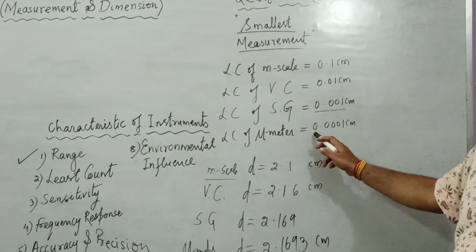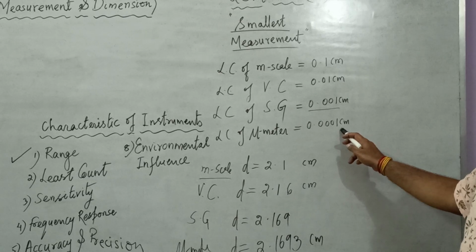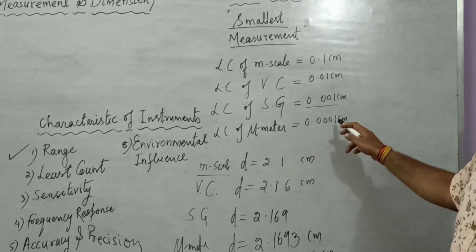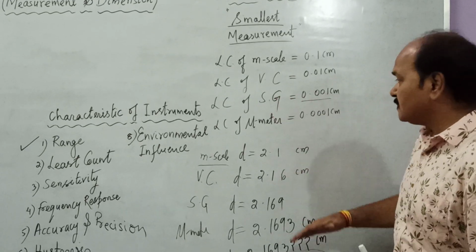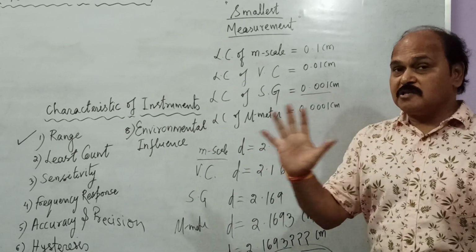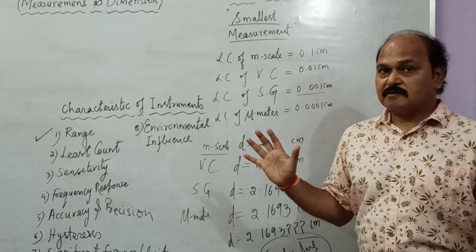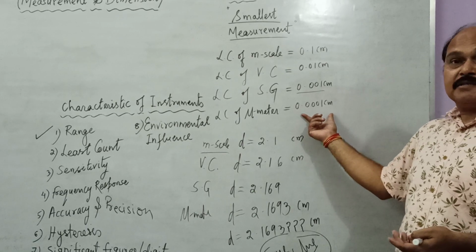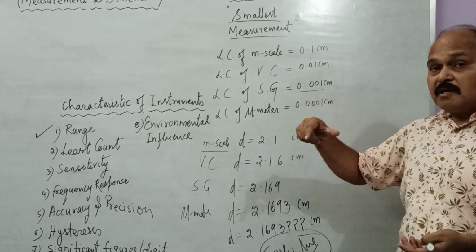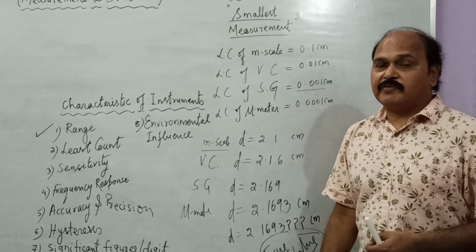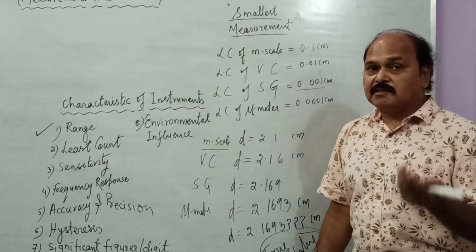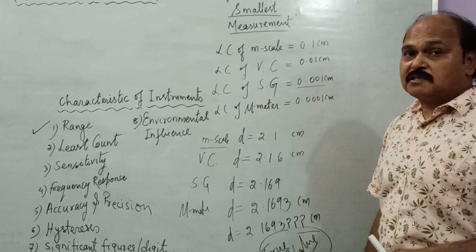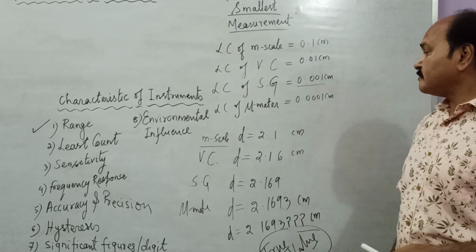Micrometer is another scale which can measure up to 4 places beyond decimal in centimeter. Its least count is 0.0001 centimeter. And beyond this, there are no more instruments. That means how to measure distances which are smaller than this? The distances smaller than this are measured with the help of various optical effects like interference and diffraction. We will study one of these effects in class 11, the other one in class 12.